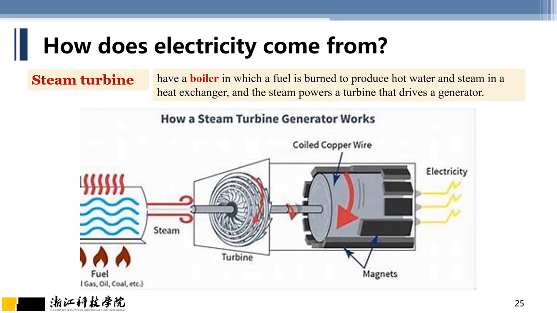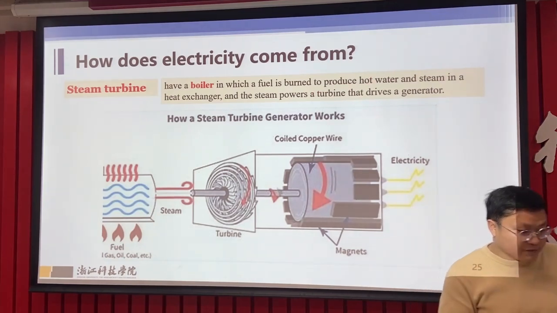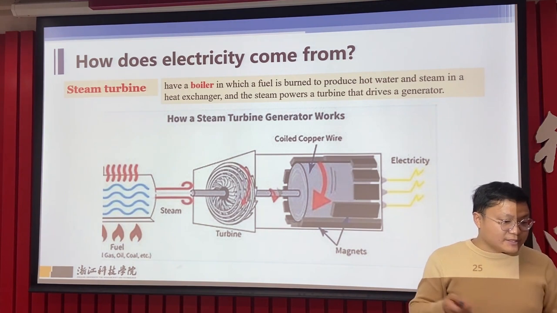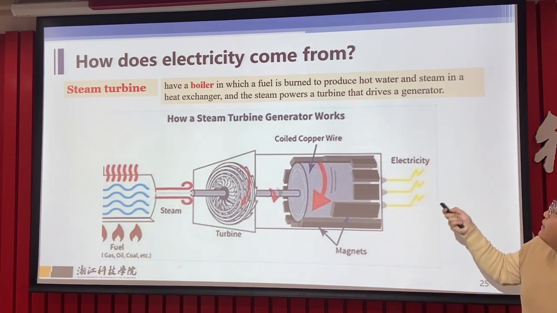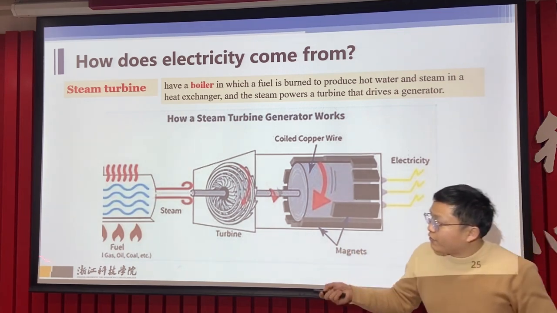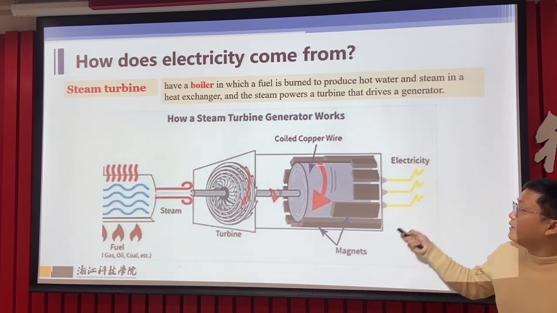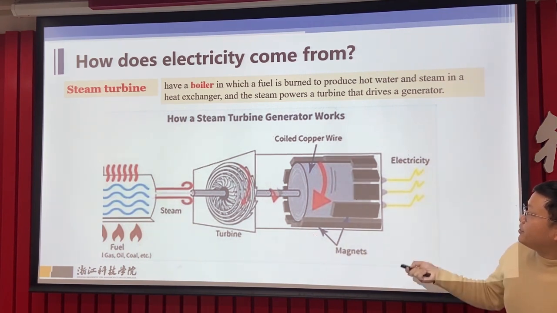First is the steam turbine. A steam turbine has a boiler in which a fuel is burned to produce hot water and steam in a heat exchanger. And then the steam powers a turbine that drives a generator. The steam produced from the boiler drives the turbine, and then the turbine drives the generator, and then we have